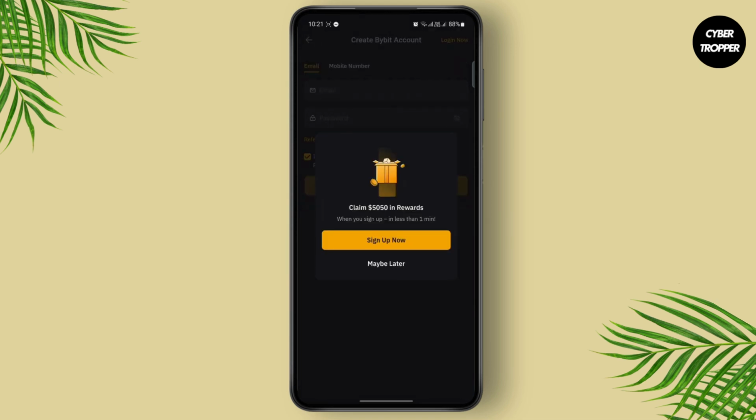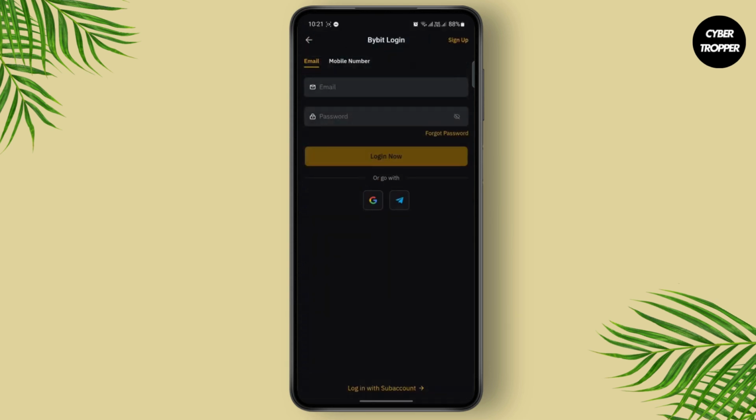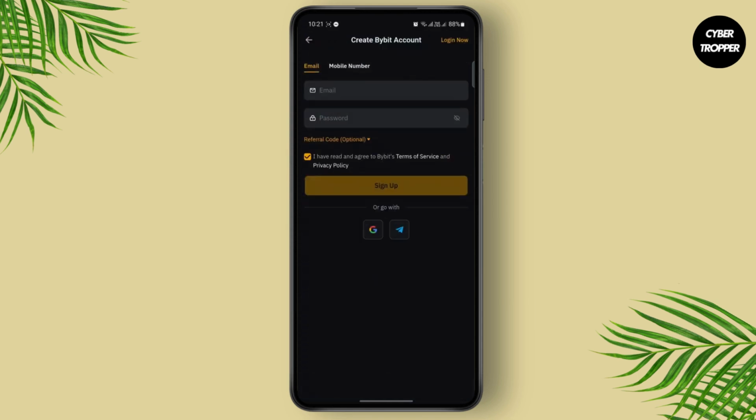But there is one other good thing that ByBit provides you, that is demo trading. So you just have to log in and it will give you a certain amount as your demo money to make you experienced in trading. So for that, you first tap on sign in,